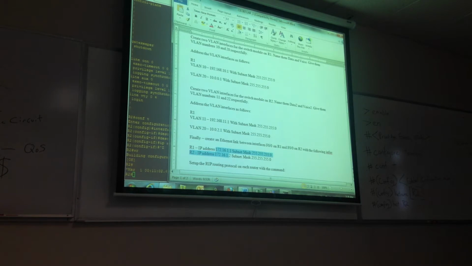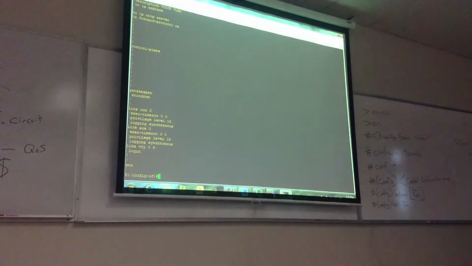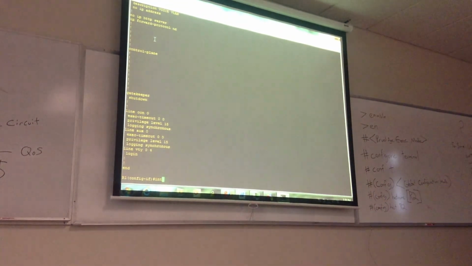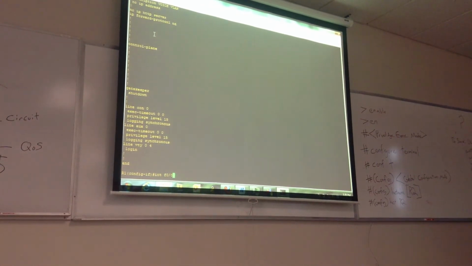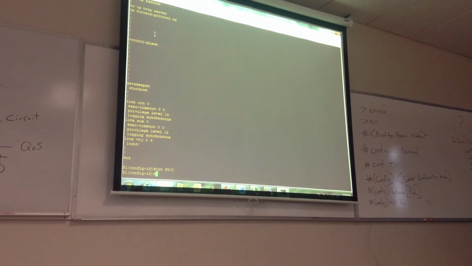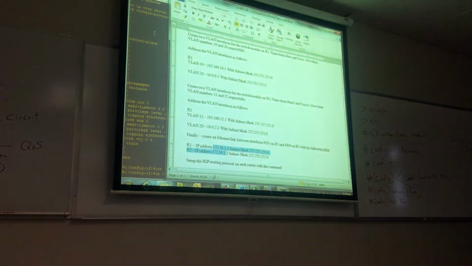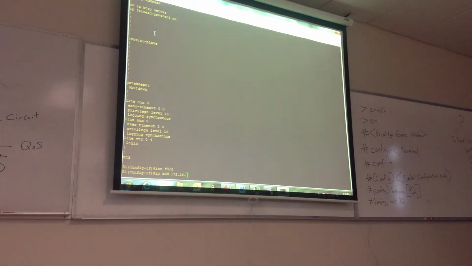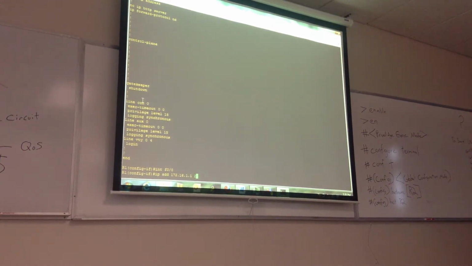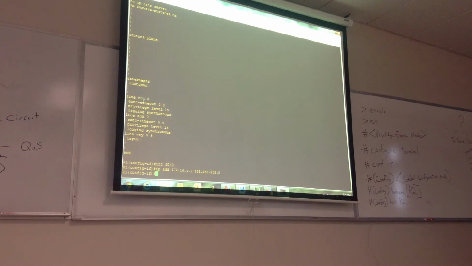So, if I come to R1, and I change my interface to FastEthernet 0/0, to add an IP address, same command, IP address, or I can just use IP add for short, 172.16.1.1 mask 255.255.255.0,